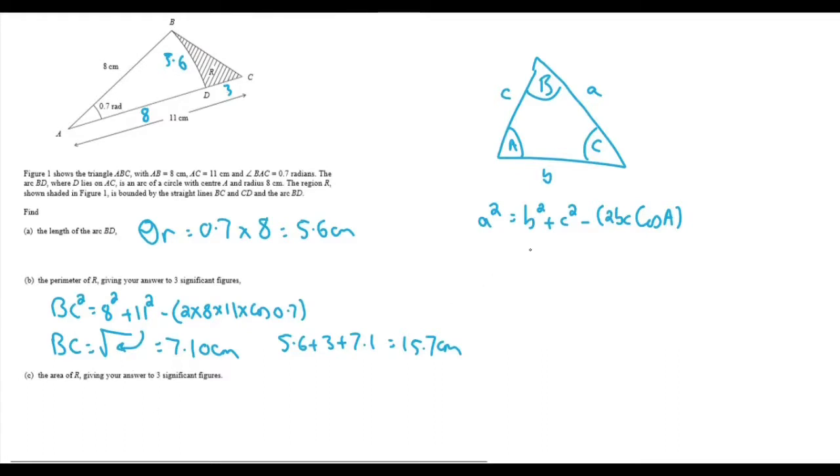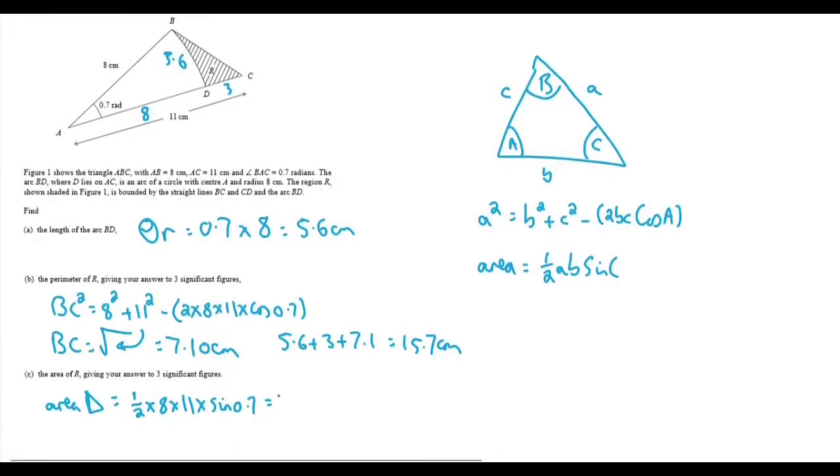For the area of the triangle, we're once again going to be referring to one of these rules from the previous topic. So here we can say that area equals half AB sine C. To be clear, the A, B, and C don't have to relate to the same A, B, and C from the previous formula. We're just saying, again, 2 sides with an angle between them. So in our case here, the area of the triangle is going to be half times 8 times 11 times by sine 0.7. Again, we still just want to make sure that we are in radians. This in your calculator to 3 significant figures will give you